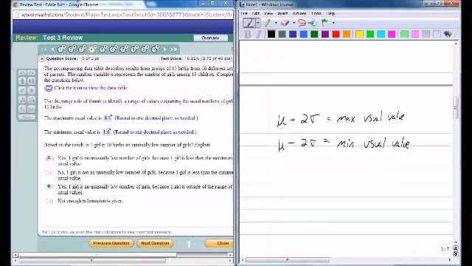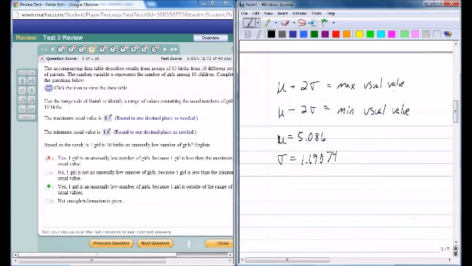Alright, so I've already worked out the mean and the standard deviation. I did that earlier, not in this video, but on a piece of paper. I got that the mean was approximately 5.086 and the standard deviation was approximately 1.69074. And so if I want to find the maximum usual value, I'll say the mean plus 2 times